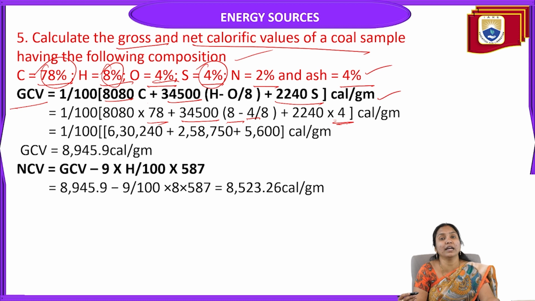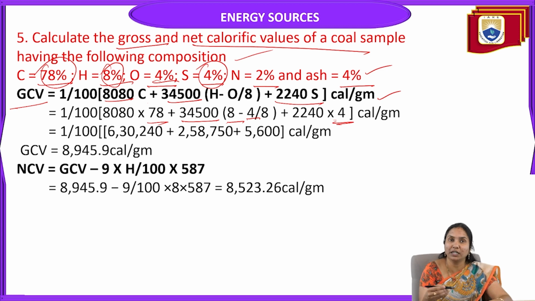Nitrogen and ash are also present, but we cannot consider them because they don't have any calorific value. They do not support burning, which means they reduce the calorific value of the fuel. So we do not consider these two if they are present in the fuel; they are undesirable. After multiplication, we get GCV equals 1 by 100 into